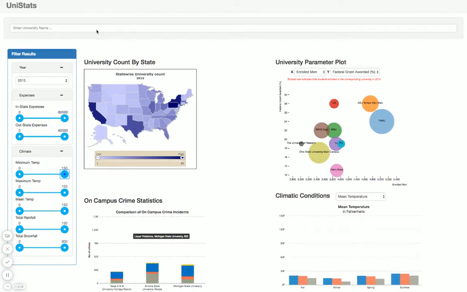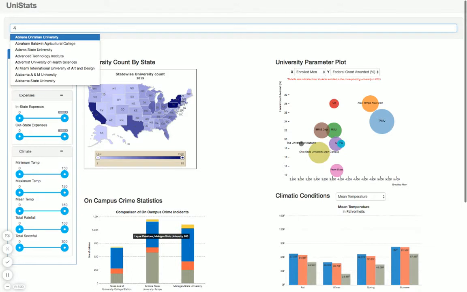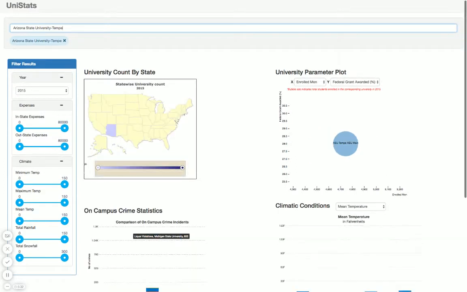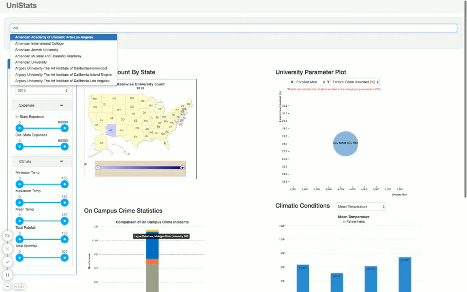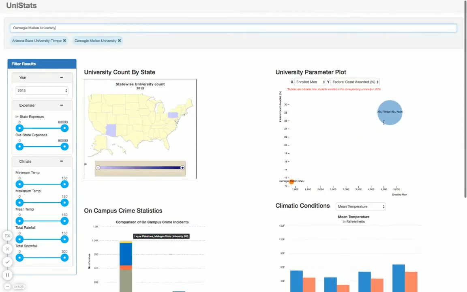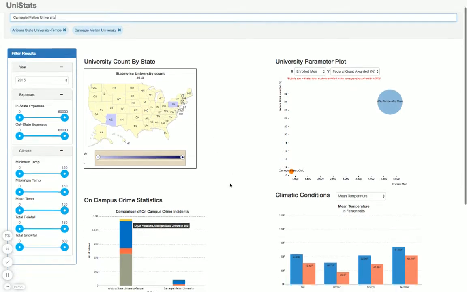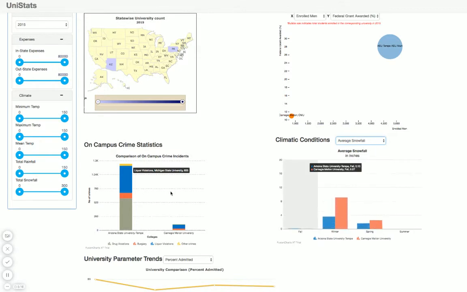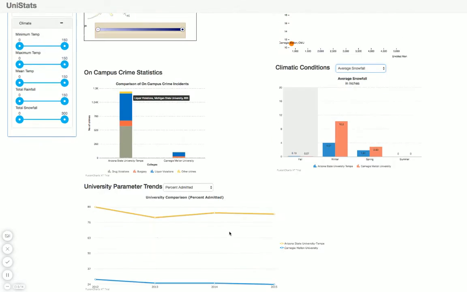Also, we have a feature in which you can analyze the university which you want to analyze. For example, if you want to view details of Arizona State, Tempe, and then possibly you want to compare that with Carnegie Mellon, you can do so. So now you have just two universities to compare. You can see that they are located in Arizona and Pennsylvania respectively. You can compare their climatic conditions over here. You can also check out the comparison of the crime statistics, and you have a better view of the university parameter trends since they correspond to just those two particular